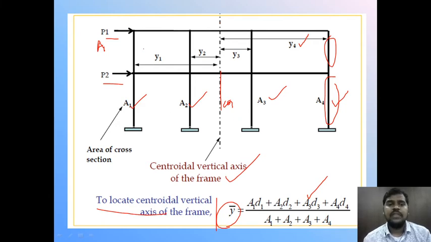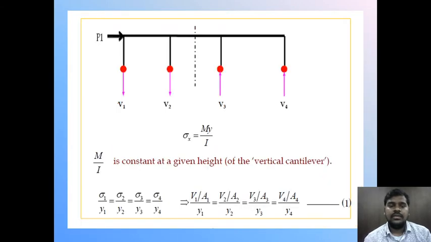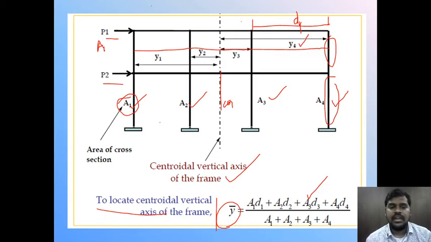So what is D1? This is D1 and this distance is D2 and this is D3 and this is D4. The distance between these two columns is D4. Here it is not mentioned in the diagram, so I am not writing it. So this is D4, the same as this is D3, this is D2, and D1 is taken as 0 here, because we are starting with A1, so distance D1 will be 0 as usual. So first we have to find the centroidal axis and locate y1, y2, y3 and y4 from the axis.